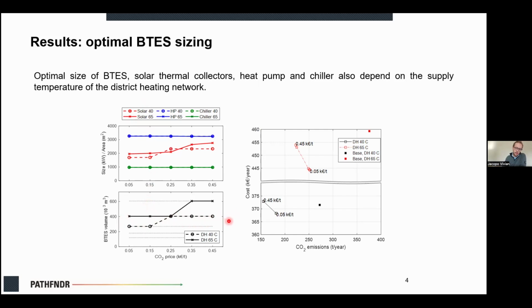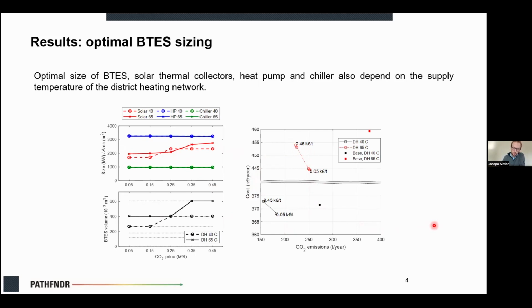As you can see, the higher the CO2 price, the higher the BTS volume, which is reasonable, because the higher the cost for CO2 emissions, the higher the investment in a seasonal storage. And the same holds true for the solar thermal collectors. So as you can see, we have an increasing trend, and this is a kind of a Pareto front between operating costs and